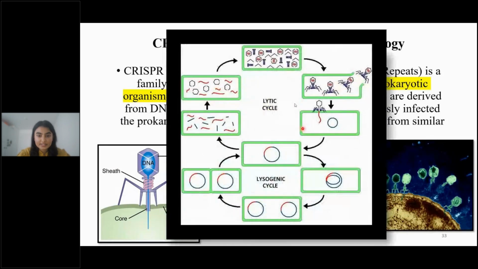Now these are the lytic and lysogenic cycles. The bacteriophages, which you saw here, can go either into the lytic cycle or the lysogenic cycle. What does it mean? Imagine a bacteriophage. It comes and sits on the bacteria, it bores a hole in it, and it injects the genetic material. Here you can see it sits on it and injects the genetic material.